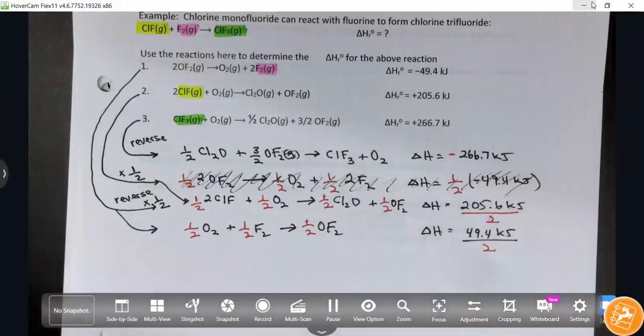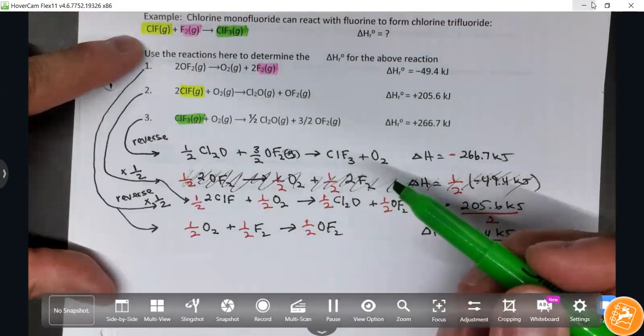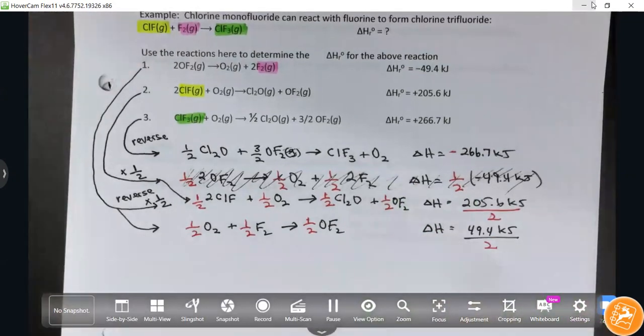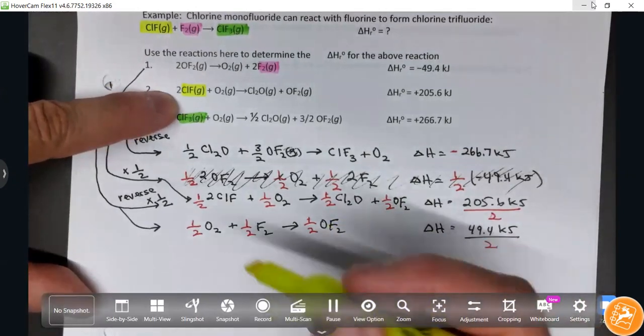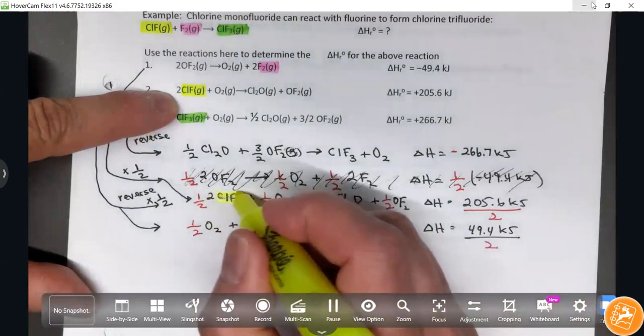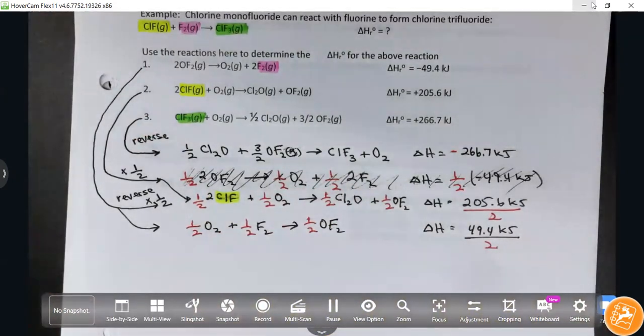So I am going to go back to my highlighter and see if I can figure this out yet. So, and make sure I grab the right color and highlight the right color. So I have ClF, just ClF. I've got a ClF here. Is that the only